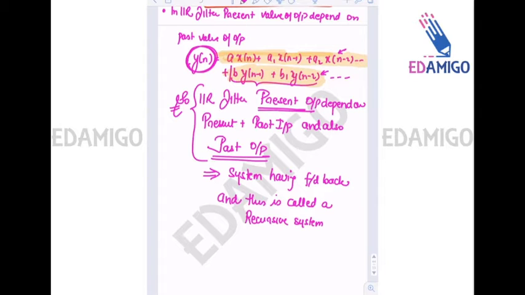So IIR filters are always recursive systems because there will always be a pole, and a pole always shows a feedback path. I hope you have already studied the system design, and that's why I'm not explaining the things here. I will be making a video on that also. So IIR filters are always recursive systems, but the FIR filters, since there are no poles here,